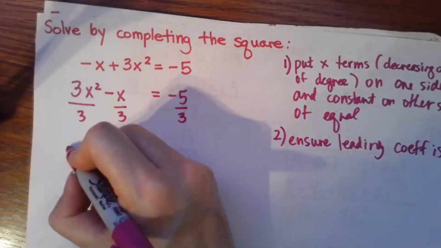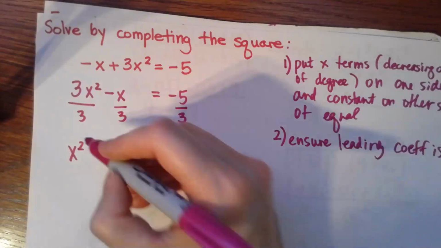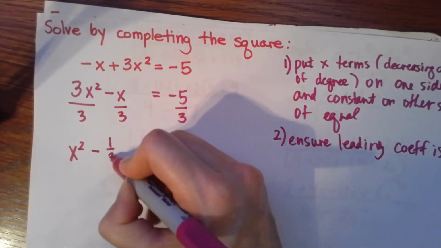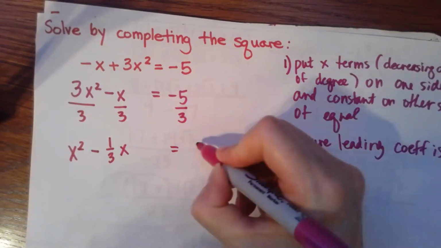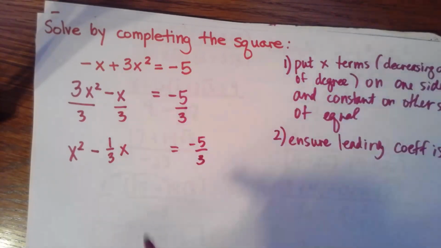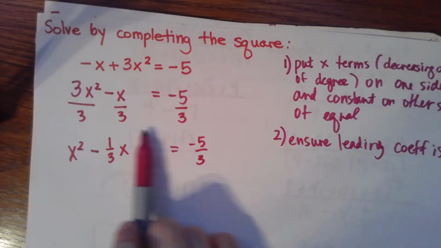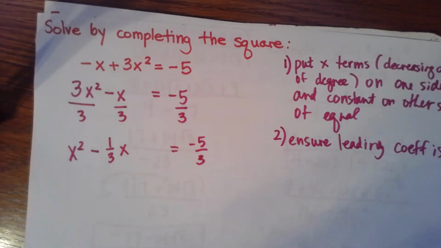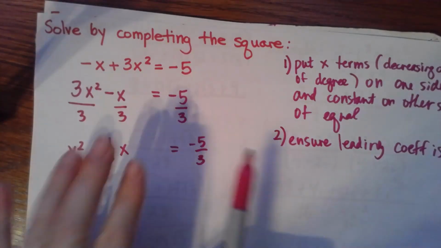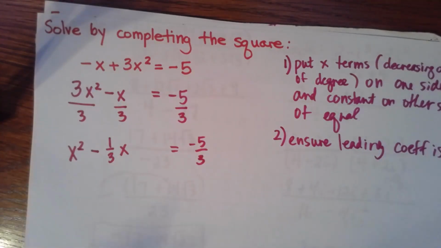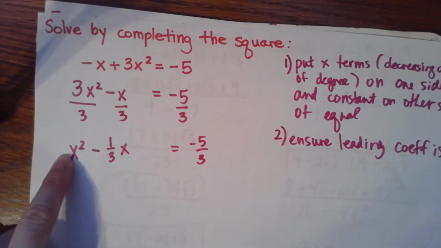Okay, so that we have x squared, and I'm going to rewrite this as minus 1/3 x equals -5/3. And notice that I keep leaving a little bit of a gap here because eventually we're going to want to add something to both sides, so I'm just trying to give myself a little room to add something. So once we've ensured that the leading coefficient is 1,